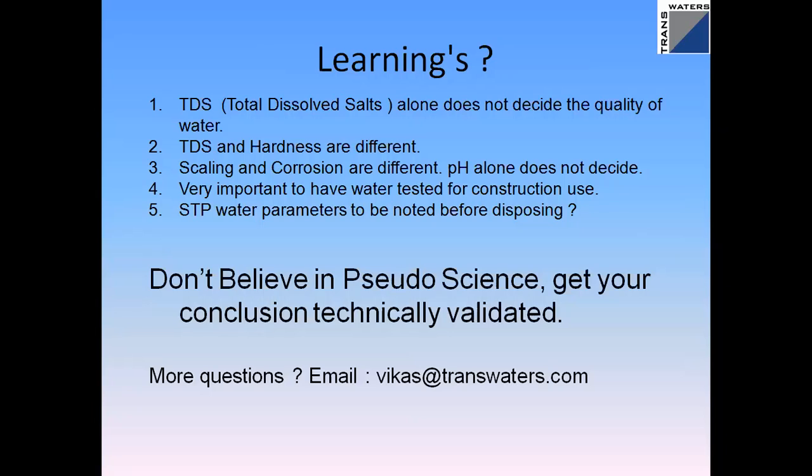Tanker water mafia is there in every city. For example, in Chennai, I think 60% is tanker water and 30% is from the government. So there is a problem of tanker mafia everywhere. However, tanker operators within a 3 kilometer radius generally take water from the same source. So if you get the water tested once in 6 months, you'll know the parameters in the water. Once you get it tested, we can suggest the right equipment. So irrespective of tanker, water testing is mandatory to decide on the system.